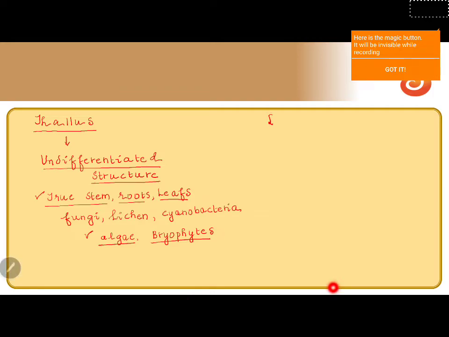Whereas embryophytes. So, embryophytes means plants which bear embryo. The word embryo is a Greek terminology. In English, it means unborn, that means which is yet to take birth. So, if I say embryogenesis, it is the growth of the zygote before being delivered, because the word embryo means unborn.